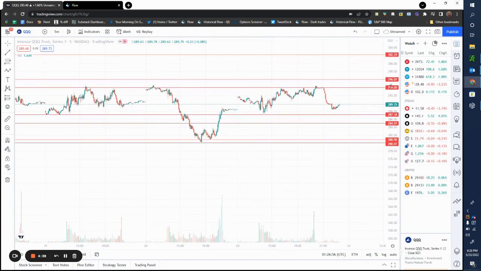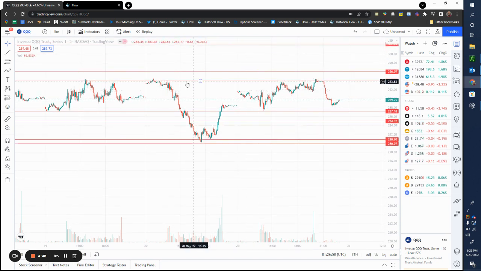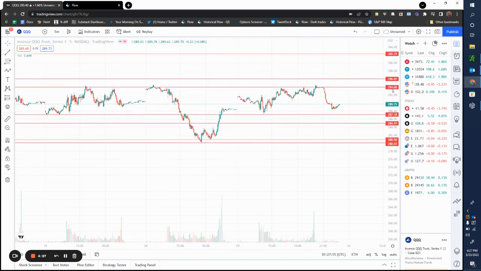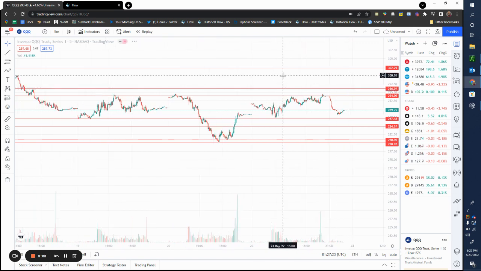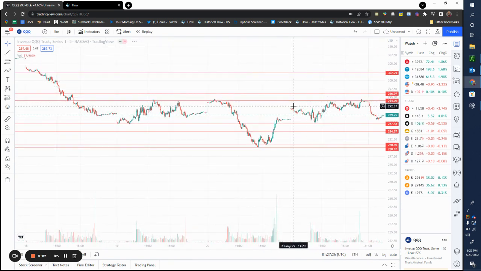The reason we leave extended trading hours on is because you can learn just as much in the extended trading hours as you can during the day, because extended trading hours also let you know what buyers and sellers are doing. You might see sells near the top, buys near the bottom, and this all plays into what's happening overall. For example, if I see during the pre-market that at 300, QQQ seems to get up and then get sold, I have a pretty good idea that 300 is a strong level for QQQ, and I can factor that into